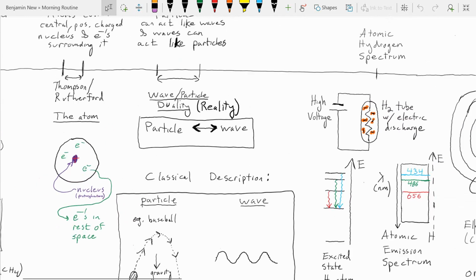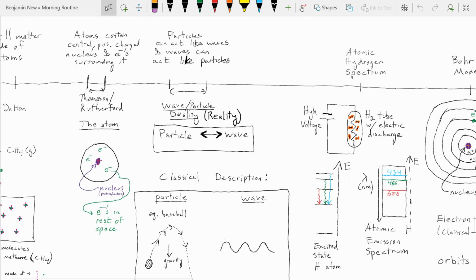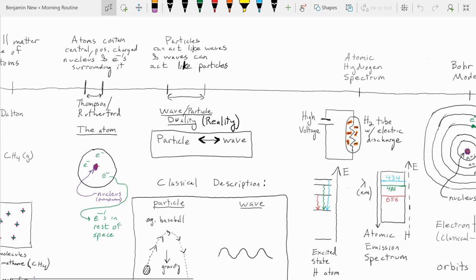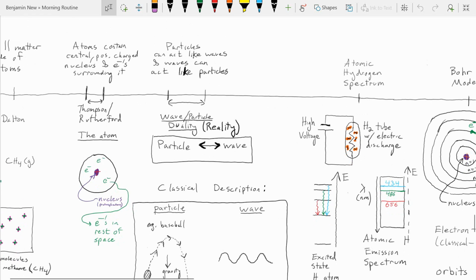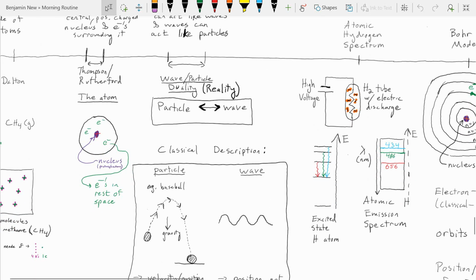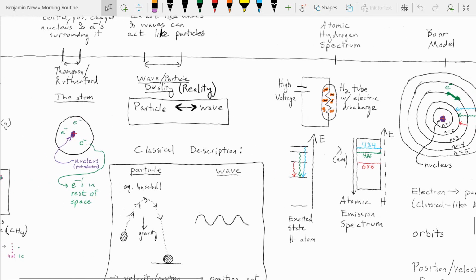So before we go on to the next development along basically how to understand how the electrons are structured within the atom, it's important to understand some of the key discoveries that were made next. And this was done by chemists and physicists alike. And that is that particles can act like waves, and waves can also act like particles. So this was termed the wave-particle duality. And in principle, this is the reality of things. There are a lot more complications, yet a bit more specifically: